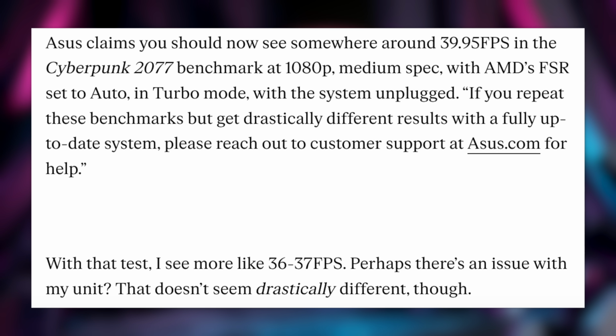So to see Asus sit there after 3 weeks of silence and say, yeah, there's no issue, you guys are wrong, and sort of actually gaslight people, that is not good. And personally, I don't understand what the issue is here between the 317 and 319 BIOS. I'm assuming that the 319 BIOS, because of the huge performance drop, does get you slightly better battery life